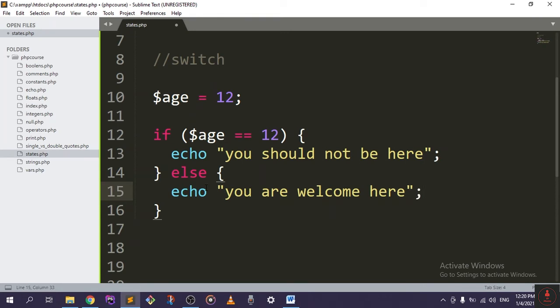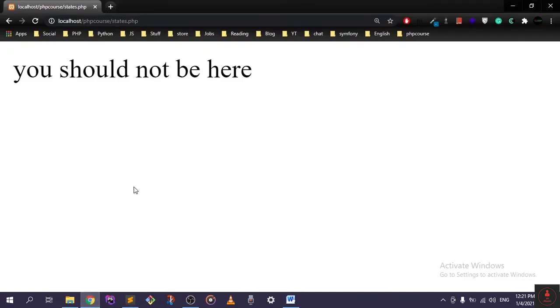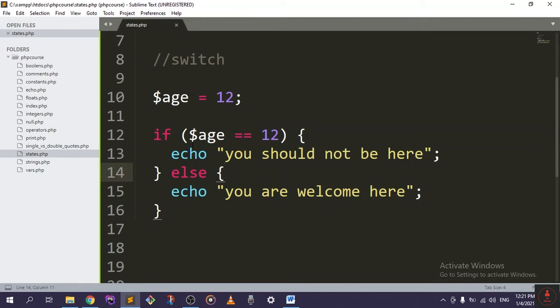And else works like this: if this condition right here is false, it will echo out this action right here. If we save this and refresh it, of course nothing will happen, because this condition right here